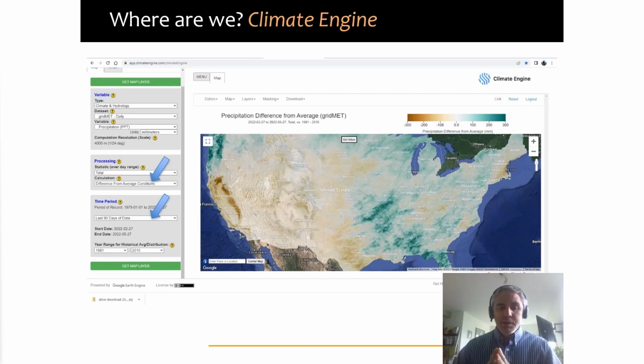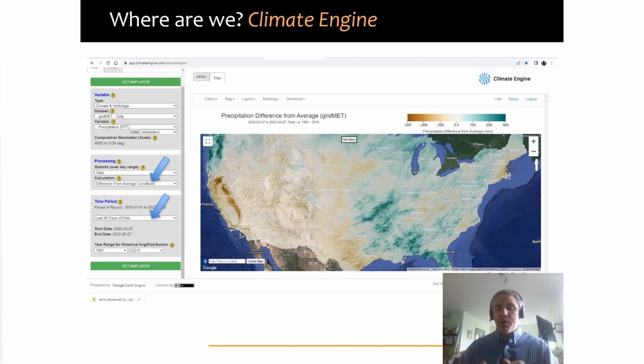And that's called Climate Engine. And what we see here, just as an example, is precipitation difference from average, okay? And it's over the last 90 days. And it compares clear back to 1979 as the baseline, if you want it, as it uses the GridMET climate data system. So again, this is an extremely powerful system, and there is a ton of different kinds of climate metrics. There's climate metrics, there's drought metrics, there's some land surface metrics on here, and it's really worth